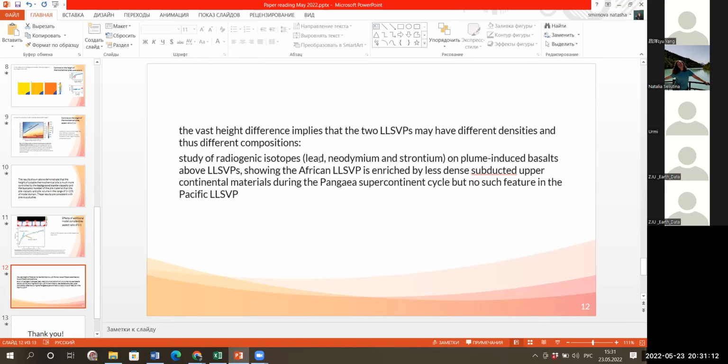The compositional difference between those two provinces can be suggested on the basis of different studies of radiogenic isotopes on plume-induced basalts above those provinces, which show that the African large low shear velocity province is enriched by less dense subducted upper continental materials, and no such feature for the Pacific province. This is what the author concluded, that probably the compositional differences are the ones